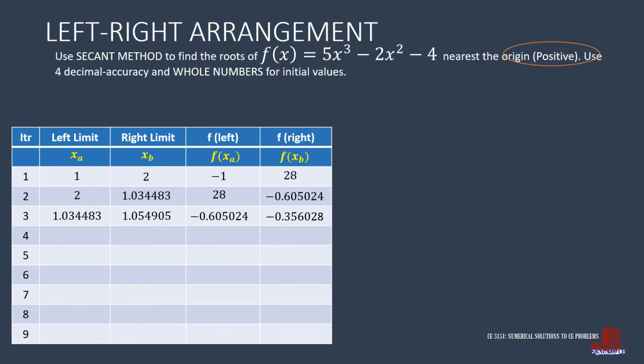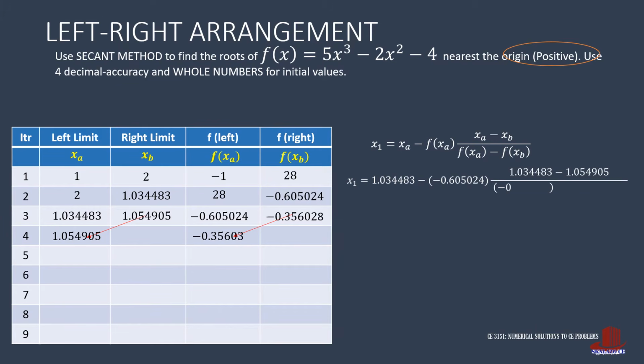The fourth iteration then starts with the new xa of 1.054905, and f of xa is then negative 0.35603. The new xb is then computed as 1.034483 less negative 0.6050024 times the ratio of the difference of x values and the difference of f of x values. The new xb is then taken as